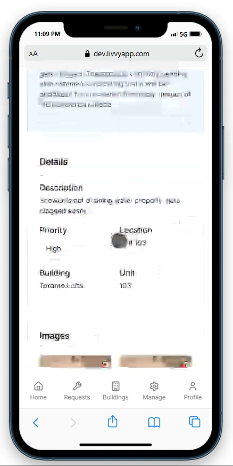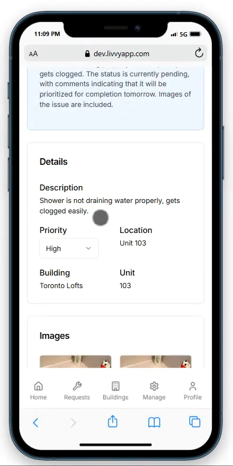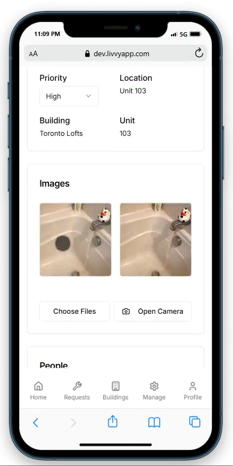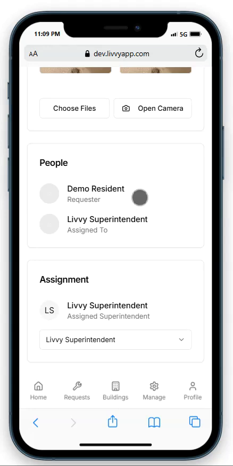If you scroll down, you see all of the main details as usual in a maintenance request, where you see the description of the issue, where it's located, and you can, as a building manager, associate different priority levels for that. You also see the imagery or media that has been uploaded to the system, the people that are involved in this request. So the demo residents as the requester, and the Livy superintendent as the demo superintendent that we